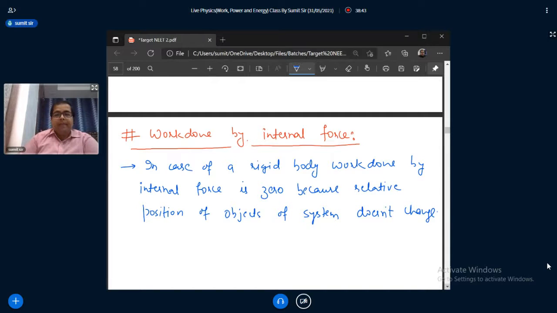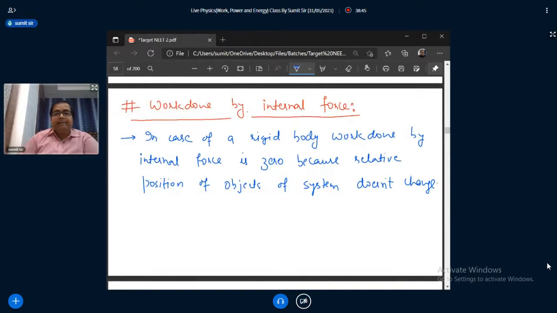That's why work done is zero in case of a rigid body. In a rigid body, the relative position does not change. For example,